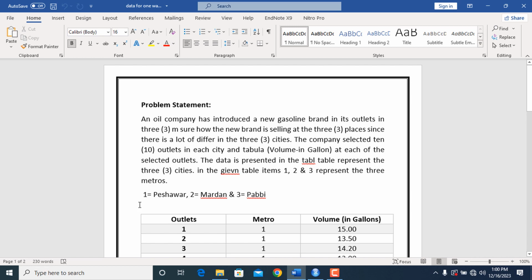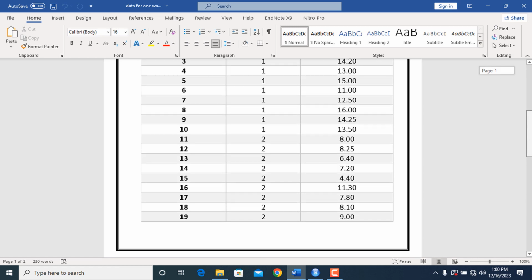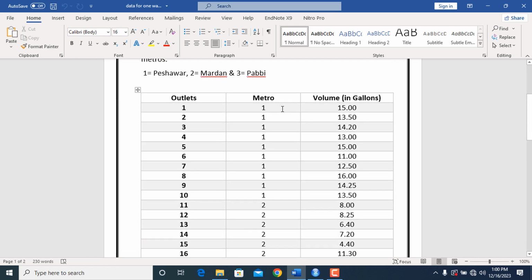I am using 1 for Peshawar, 2 for Mardan, and 3 for Pabbi, and there are three cities. There are 30 outlets. Metros is a categorical variable,